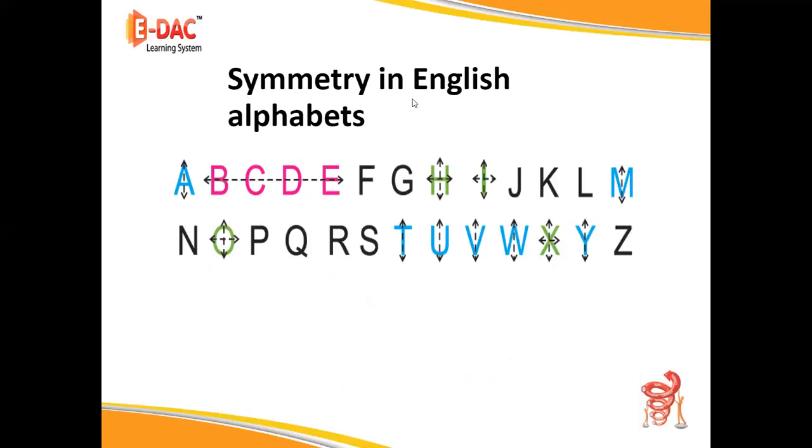See here, symmetry in English alphabets. I will give you a small activity task. You will show me that tomorrow. We'll write all the capital letters of the English alphabet in block form, and write how many lines of symmetry each letter has. Okay, can you do it? Okay, you people can do it, I know that. Just write somewhat big letters, draw the lines of symmetry, as many as possible, right?